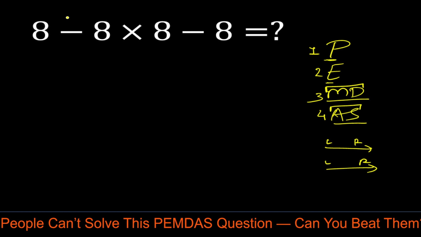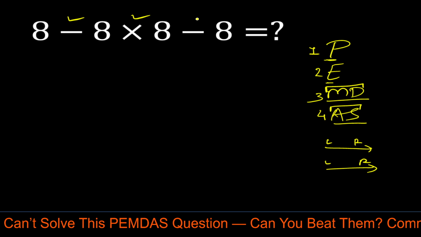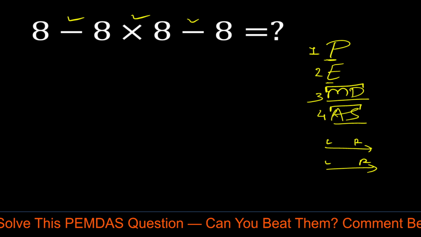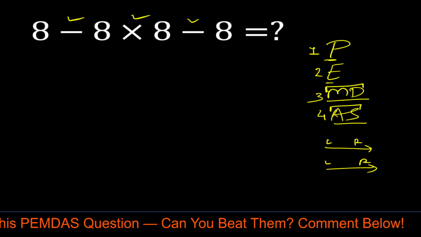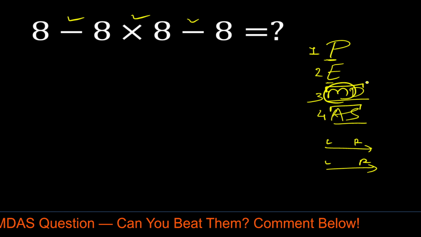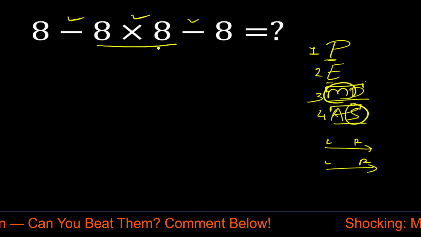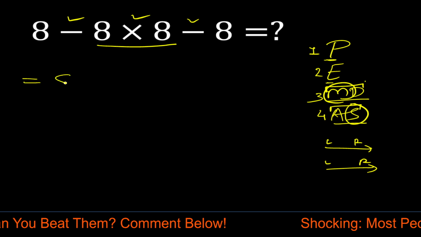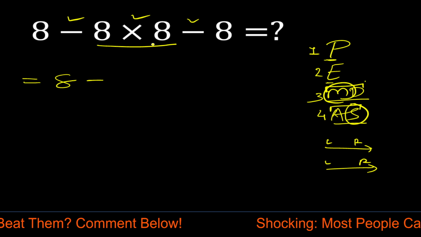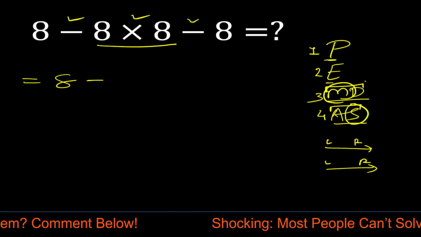So in this question, here we have subtraction, here multiplication, and here subtraction, right? So according to the PEMDAS rule, first we have to solve multiplication, then we have to solve subtraction, right? So first we have to solve this multiplication. So 8 minus, now solve this multiplication, 8 times 8 is equal to 64